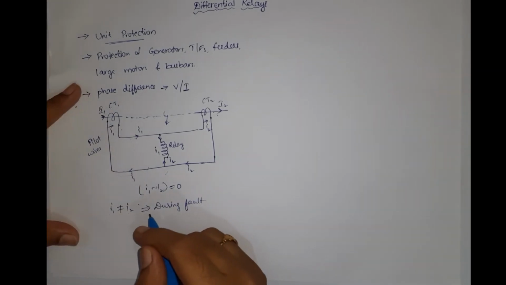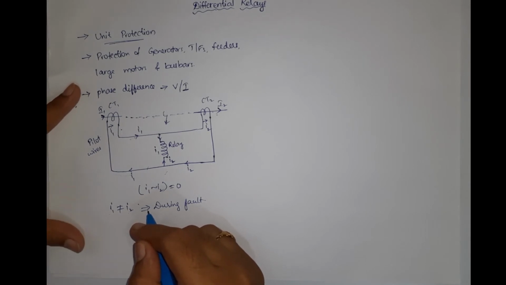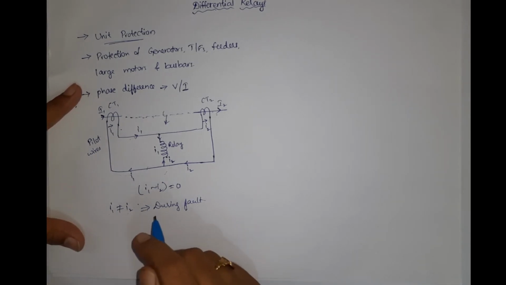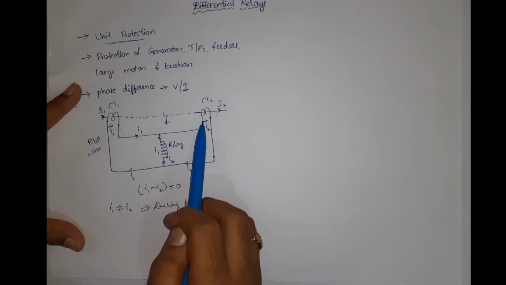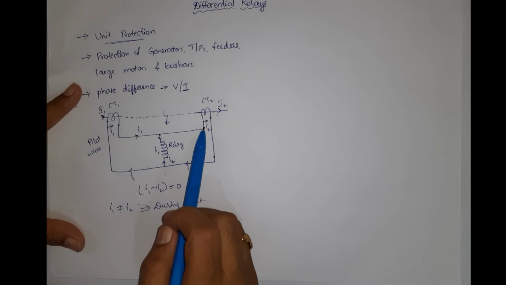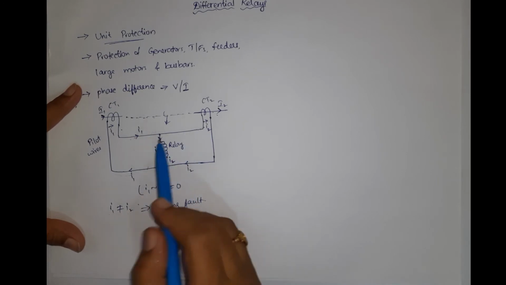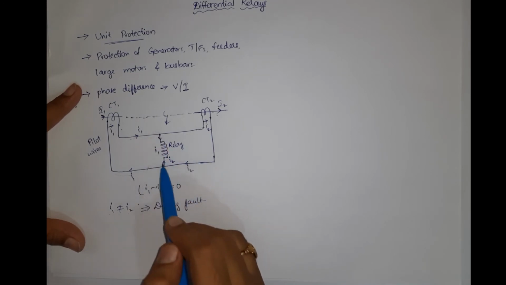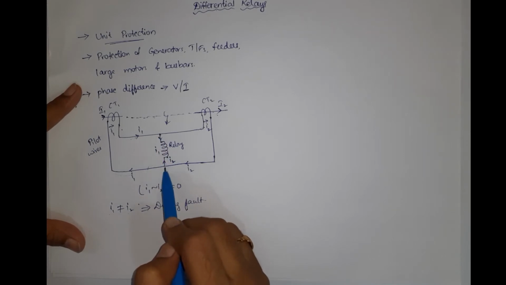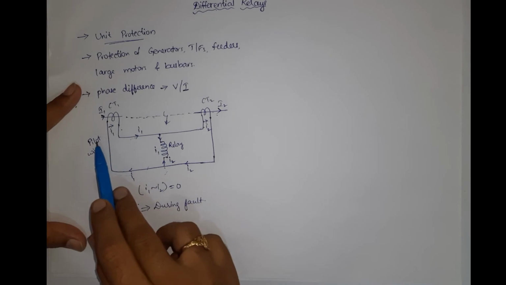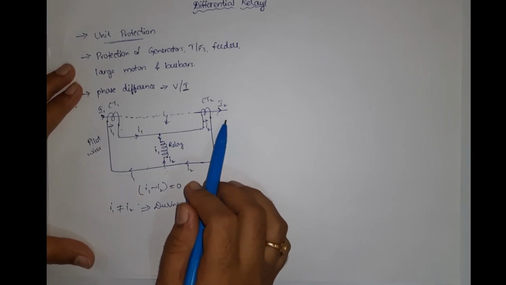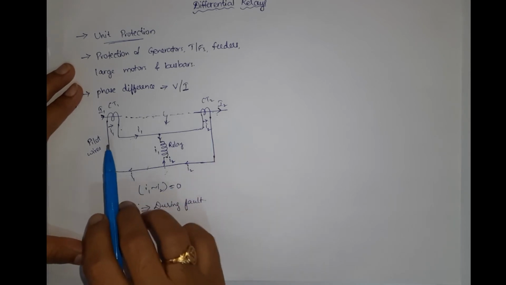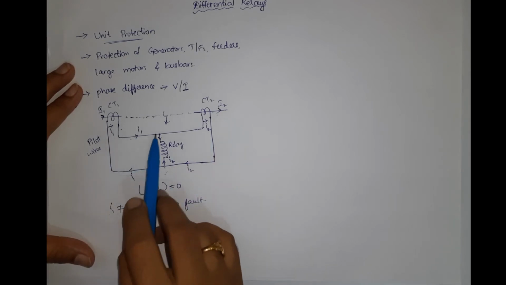So now let us see what are the problems associated with this kind of relay. One is, we have seen that the two current transformers must be connected with the help of pilot wires, and also we have studied that this relay must be connected on the equipotential points. That means on the left hand side and right hand side of the relay, up to the CTs, the resistance must be equal. There must not be any potential difference between these two points.